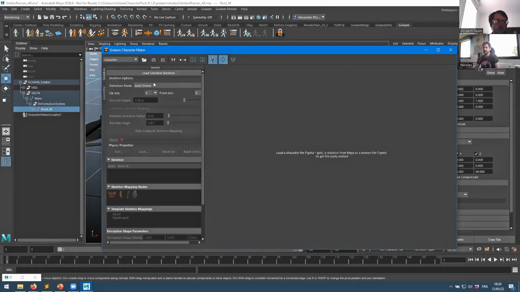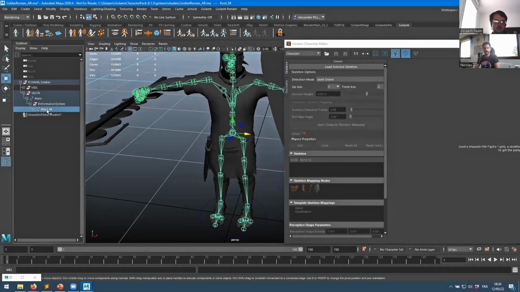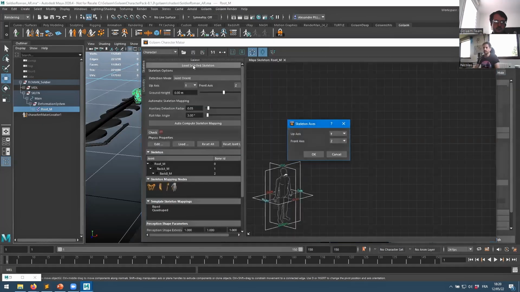And for skeleton, apparently the only thing I can access from that character is a button called Load Selected Skeleton. And I can apparently change some options. So let's see what we have. Load selected skeleton means that first we need to select the skeleton from Maya. You want to make sure that you select the topmost bone in the hierarchy. So here it's going to be the root bone. I just select it, press load selected skeleton, and I get a small window which is going to ask